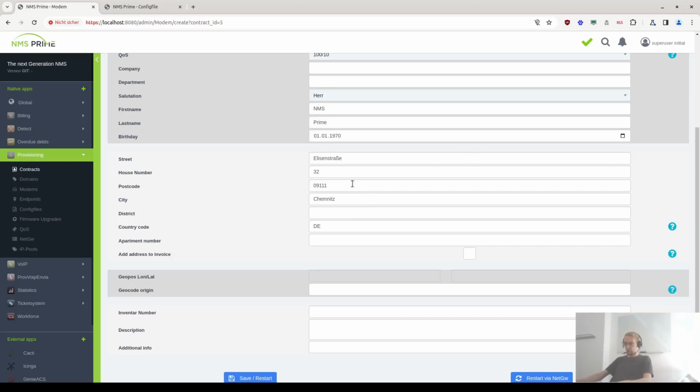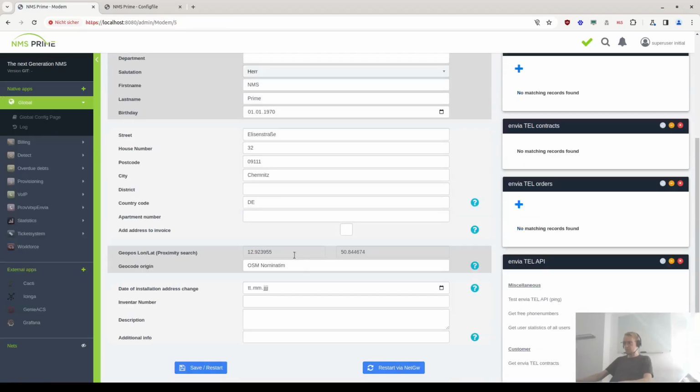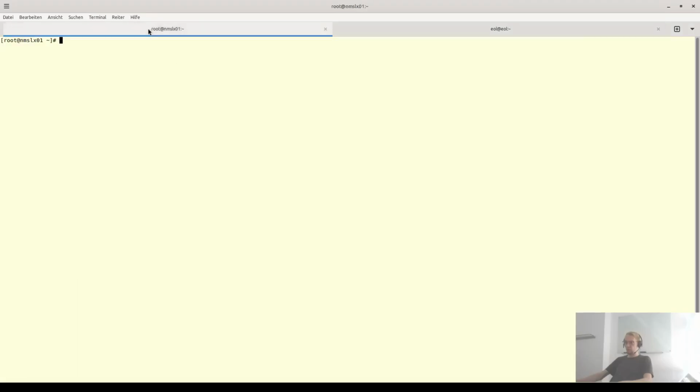Of course, you can change this if the installation address of your modem does not correspond to where the contract or the invoices will be sent to. You can see we do not have any longitude latitude here, but if I go to save now, you will see that this has been automatically set up, and this is possible because before the screencast, what I